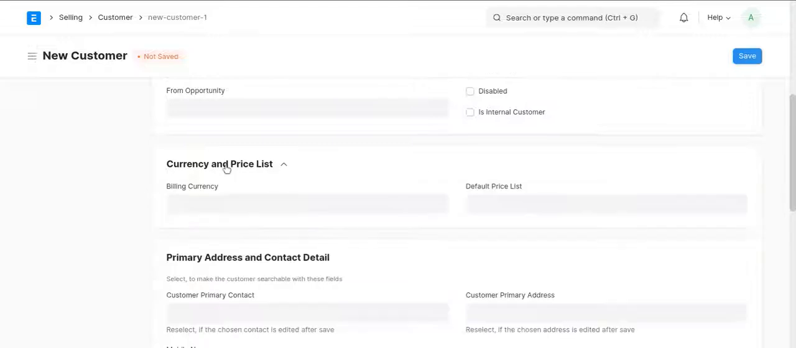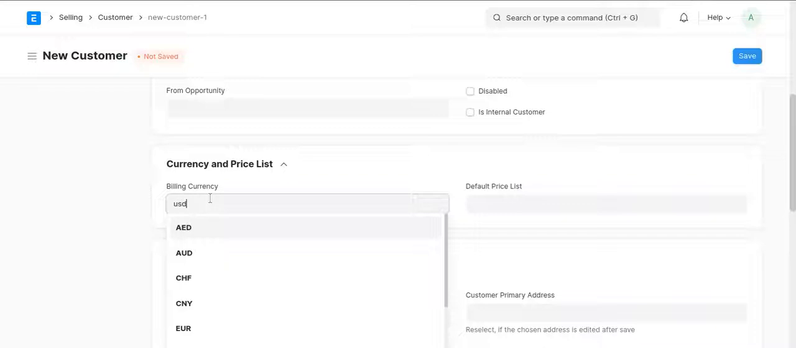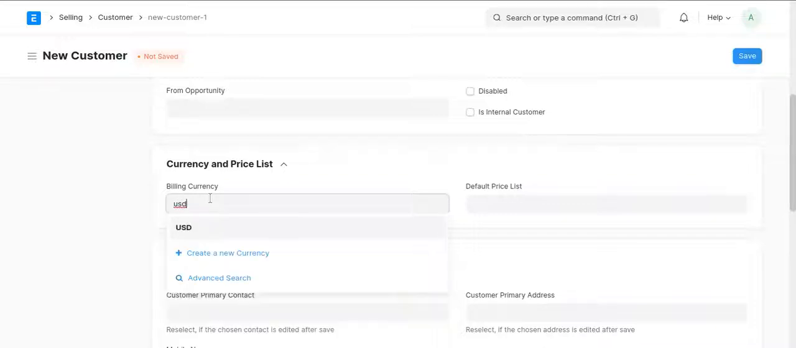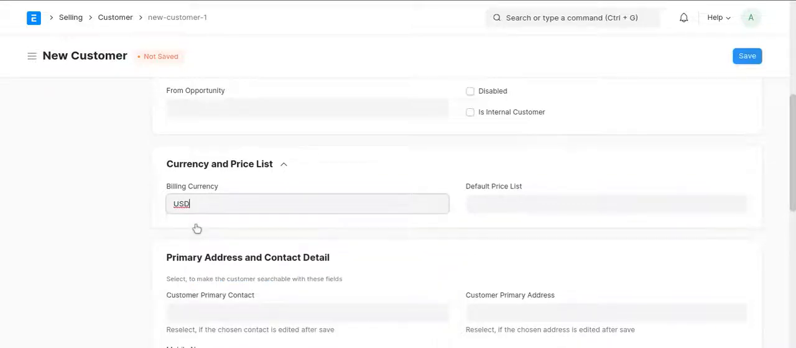The next thing is the currency and price list. So for example, if this client is a dollar client, that is, they deal with you in foreign currency, you can select the billing currency here. So all the currencies are available here, you just need to search for it. So you select USD,